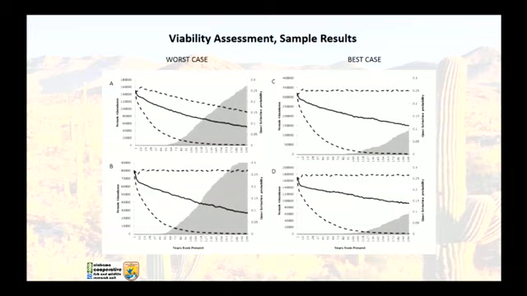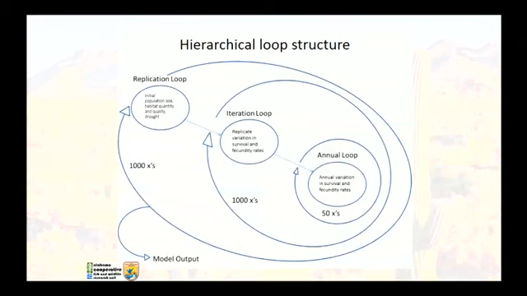And so what you will notice is that for even our worst case scenarios, out to about 50 years, we have almost no quasi-extinction risk. And even then, it takes maybe out to 75 or 80 years before we hit that 5% probability of extinction. So extinction risk is really low over the next few decades for this species, even in our worst case scenario. Oh, I don't have to press the arrow, I can just move on.